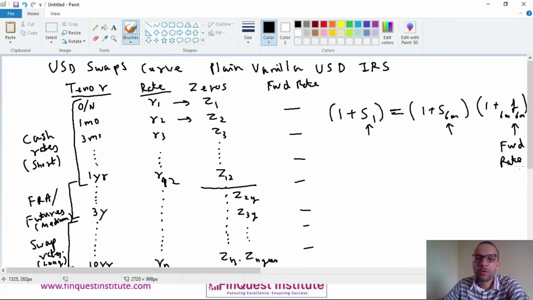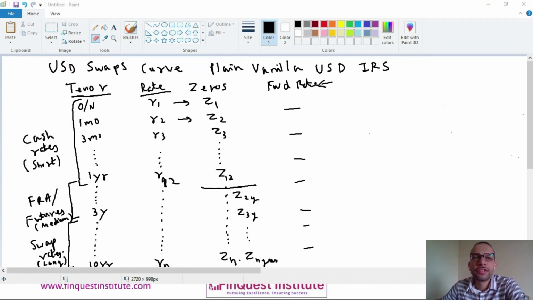So a similar logic would be used for constructing these forward rates, which we have marked right here. So this is like an equation which will be programmed in your model, and we'll calculate these respective implied forward rates and plug this in here. Now, how exactly this gets useful, we'll get to that in a minute.